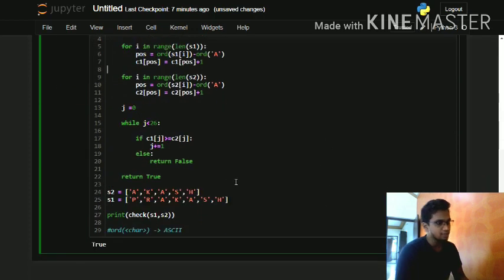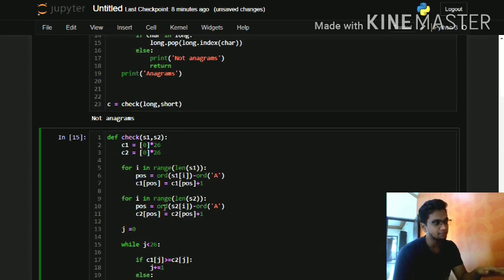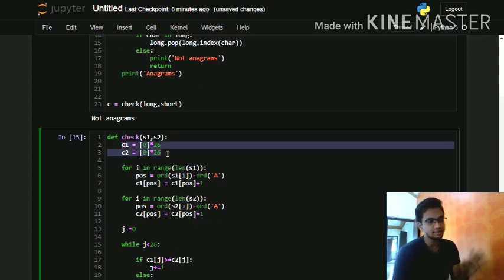Okay, what I'm doing here is initializing both those strings. I hope you guys know how to convert a string into a list, right? I have actually explained it in a video. Okay, I just pass these two lists. Here S2 is Akash and S1 is Prakash. Before printing, I'll pass them to a function check. And inside the check function I'll create two temporary arrays named C1 and C2.